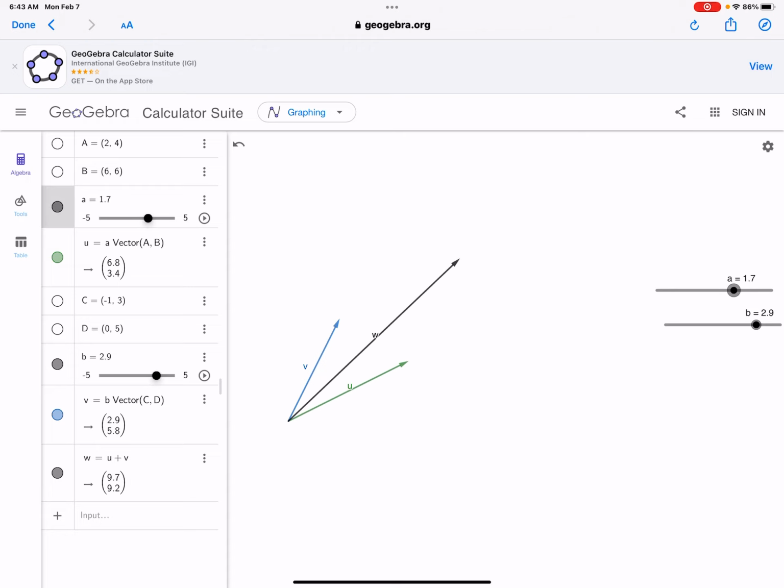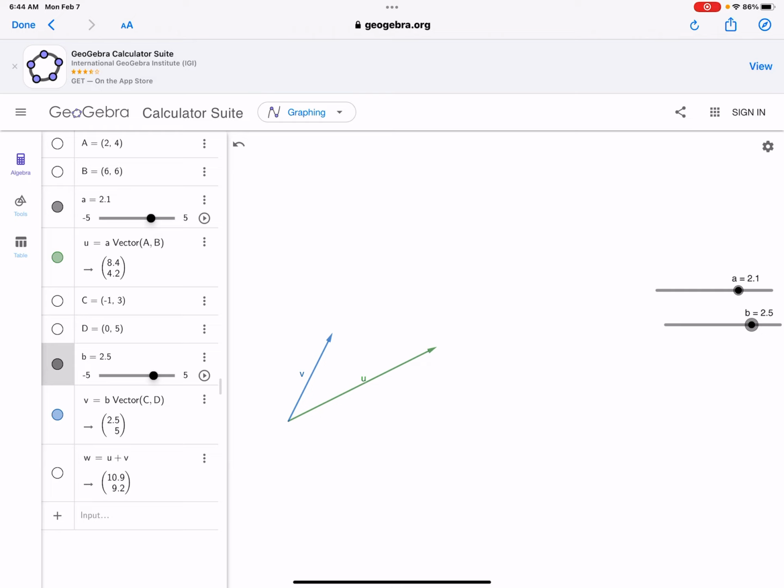So notice that when I move the slider a, vector u changes length. Now, remember that vector w is the sum of vectors u and v. So when the slider changes vector u, the sum also changes. Now, slider b changes vector v. So when I move the slider, you notice that vector v will change, and obviously the sum of the two vectors will change. I'm going to make the sum of the two vectors invisible for a moment,